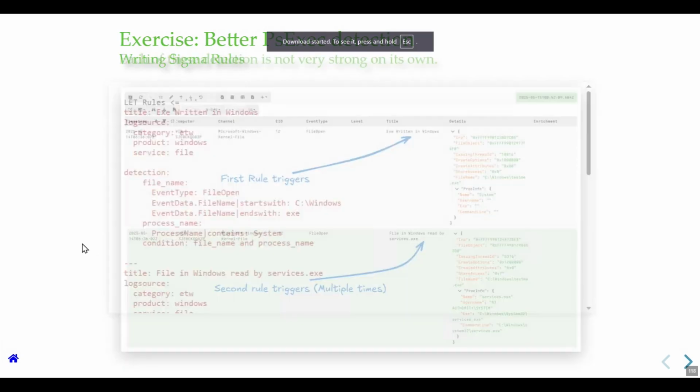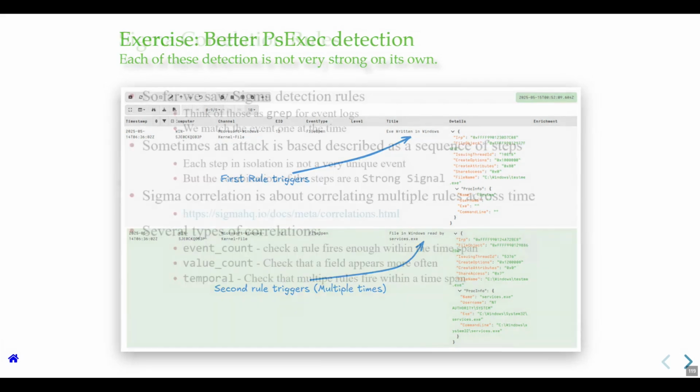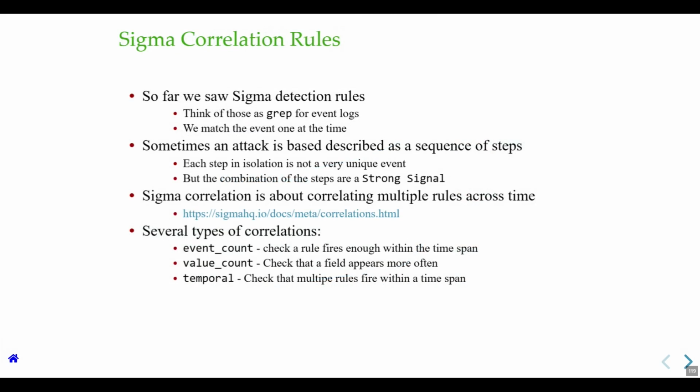So what we really want to do, we see the first rule trigger, and also each rule triggers multiple times. So if we just had all of these rules, we would get 9 different alerts. Each of them is pretty low quality, but they are triggered 9 times. And so to solve this problem, it's not just the event itself that is important, it's the combination of these